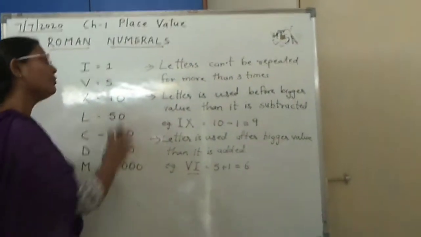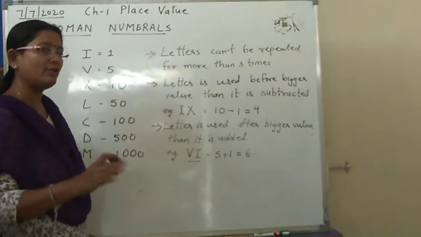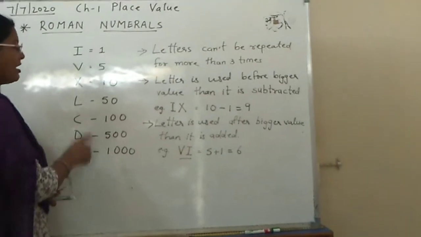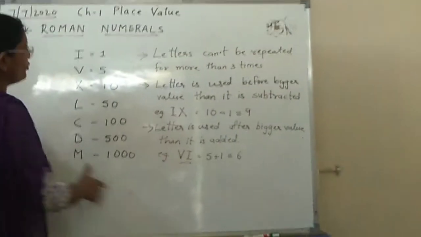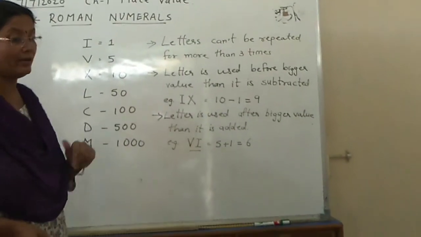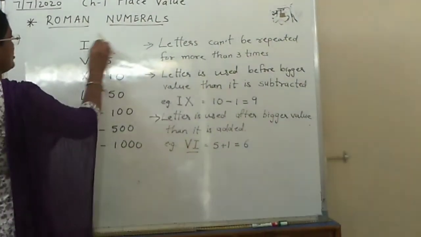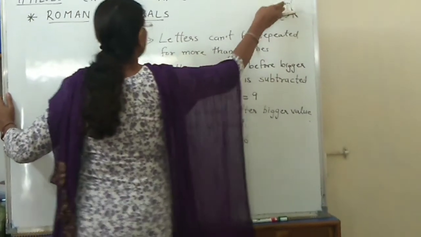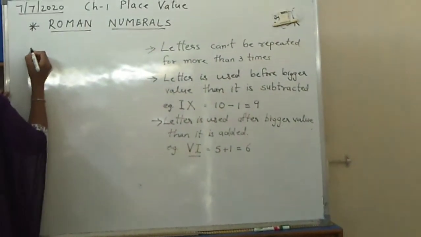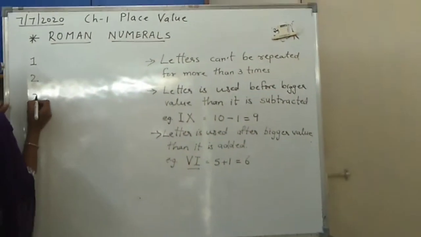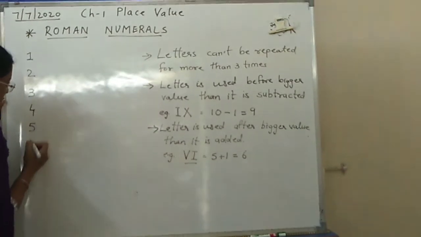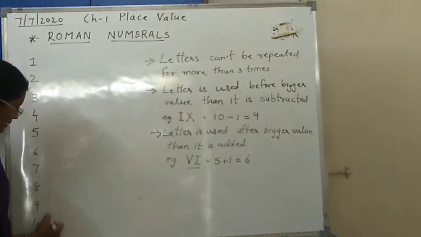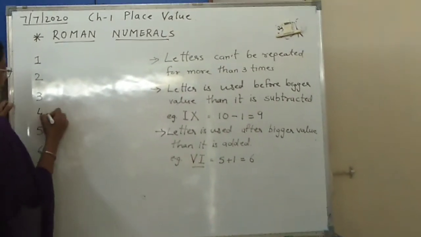In 4th standard, still more rules are there, but you will learn those rules in your next class. Now let us start how to write the numbers using all these rules. I am rubbing this all, and I am showing you the numbers here. We will start with 1, 2, 3, 4, 5, 6, 7, 8, 9 and 10. Now how will we write these numbers?